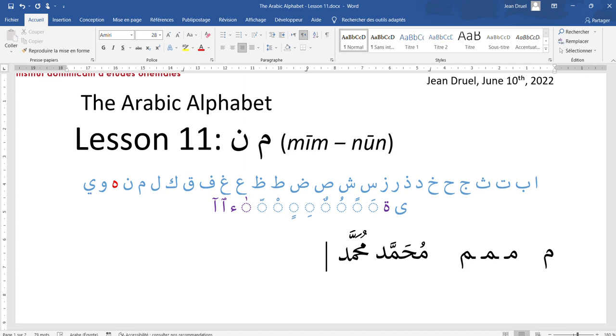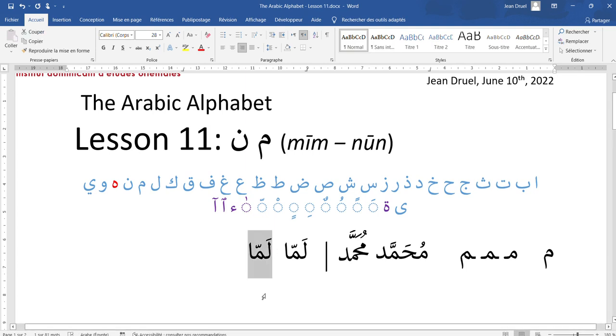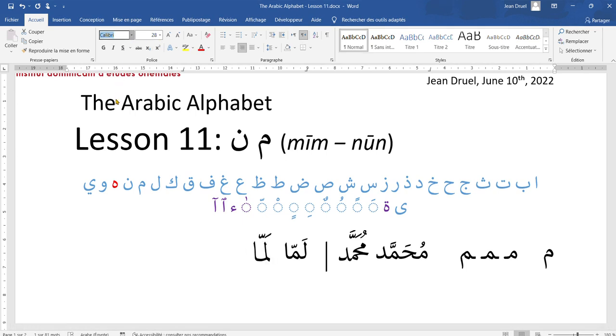Let's select another word. I'm going to switch first to the first font so that you have the shape that you know. This is lamma. Here you have no ligature, just the lam, the mim, and the alif. If I write it again, but now change it to a font with a more traditional design, you will immediately see what's happening. Here the mim has been completely collapsed into a small, almost a dot, and this is very common. So you expect to find a lot of them, especially for the mim.